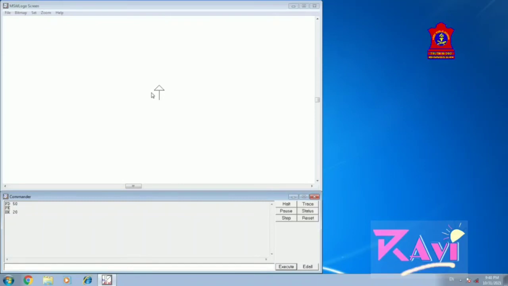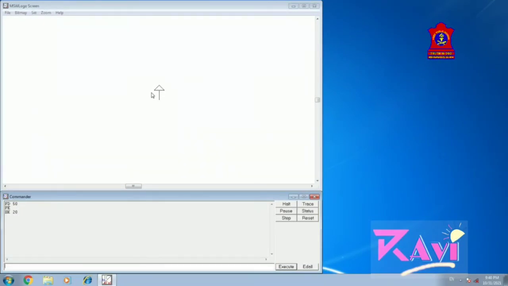Okay, now we are going to learn about one more command, that is the home command. Home command is used to take the turtle back to its home from any position by leaving the line behind. So whatever we are doing, it brings your turtle to the home position.